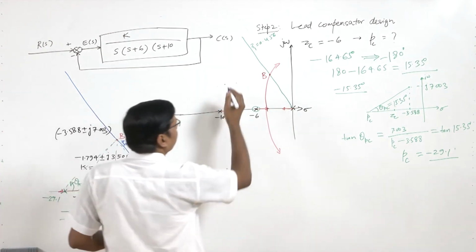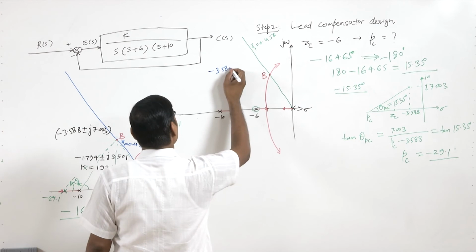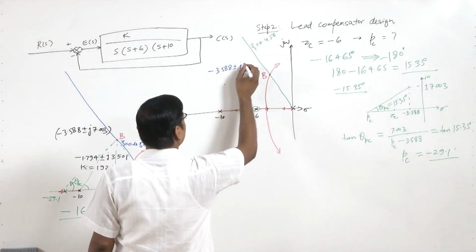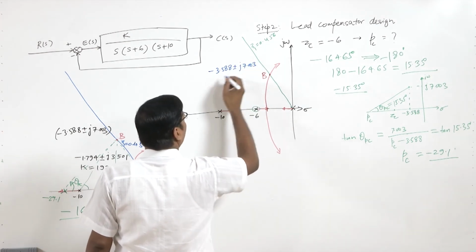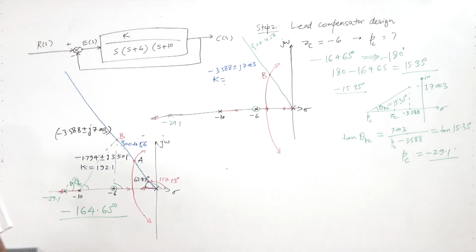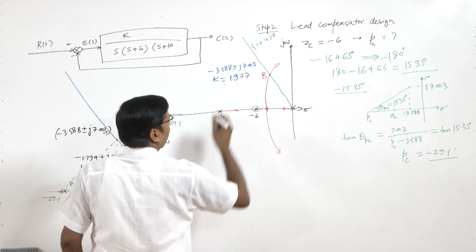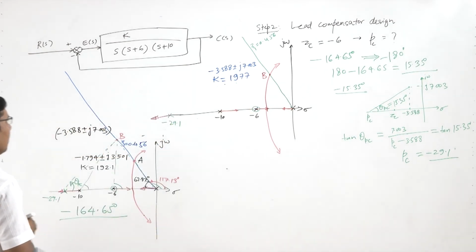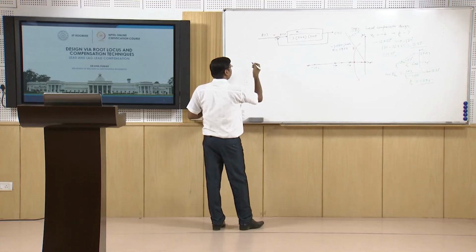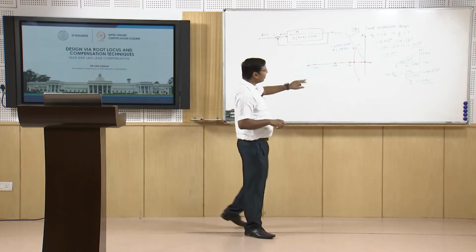and we get this minus 3.588 plus minus J 7.003 for our gain K equal to 1977. So we are getting this at the value of gain K equal to 1977. Now the step 5 is to design the lag compensator. So we have designed the lead compensator,